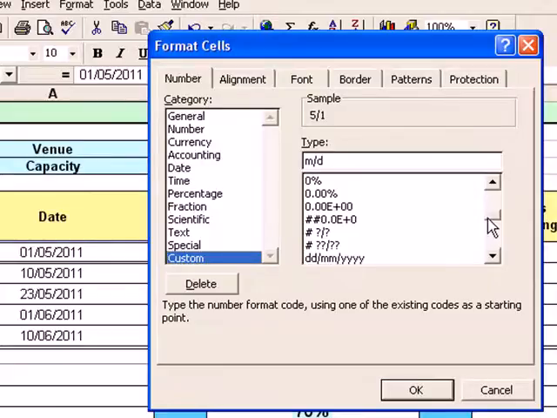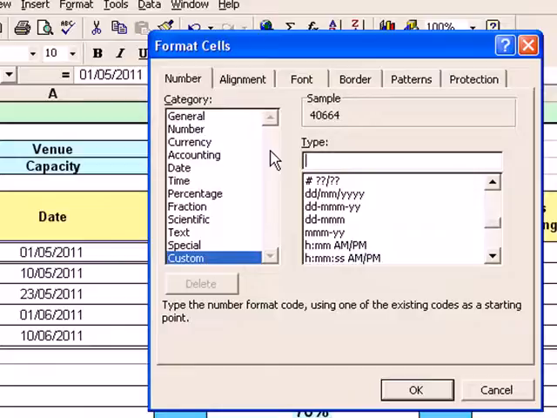Now there are some predefined ones in here as well. As you can see, if I scroll down, there's hours and minutes as well there, and some days, months and years, but I'm going to create my own. So I'm going to go into this type box here, just select the entry that's already in there and delete it. So if you keep an eye on the sample box here, which will display my date format as I build it up,